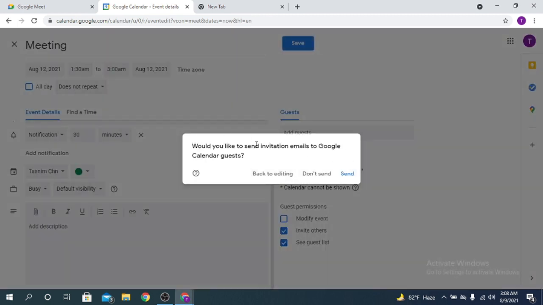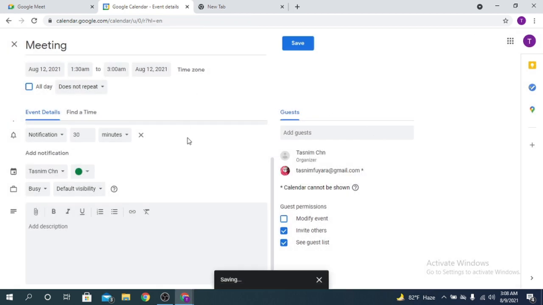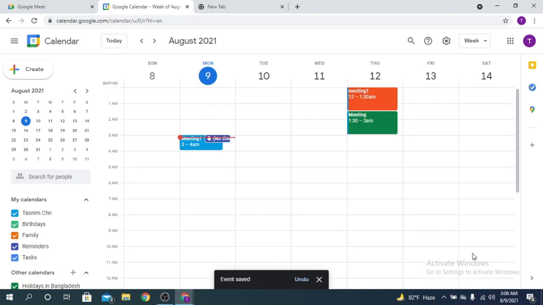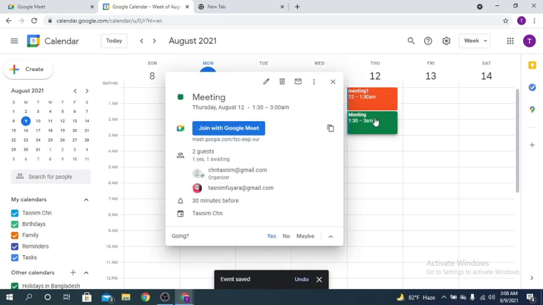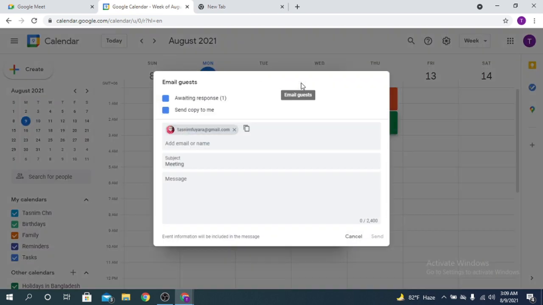If you want to send an email, you can send an email, or you can choose not to send. I want to send an email. Okay, then if you choose that, an email will be sent to your guest. Okay, so this is my meeting, and you can also delete the event or edit the event by using this. Okay, and you can also email your guest by clicking here.